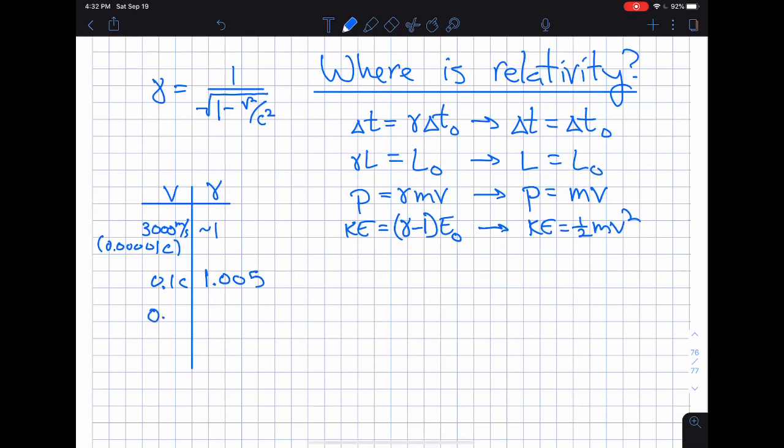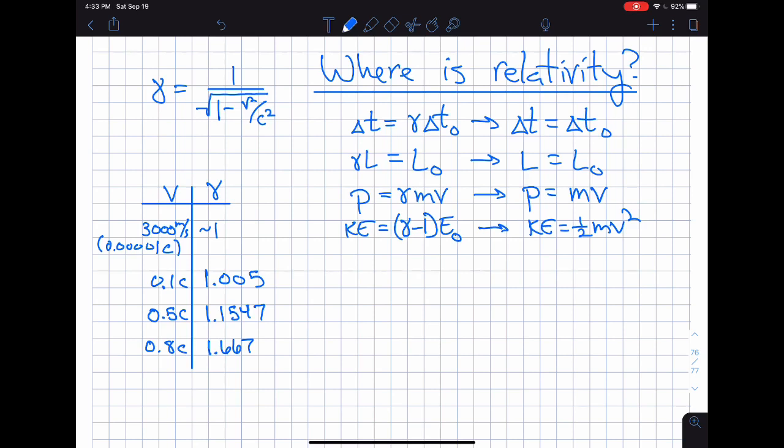Continuing on, that's 1.005. Let's jump up to, say, 0.5 c. If I do that, take the root and then the reciprocal, 1.1547. Here we are at half the speed of light. That's 1.5 times 10 to the 8th meters per second. That's ridiculously fast, and yet gamma is only 1.1547. Still not very big. Let's jump to, say, 0.8 c. Why not? So we'll do that, 1 minus 0.8 squared, and we get 1.667. So we can see we haven't even hit 2 yet for gamma.